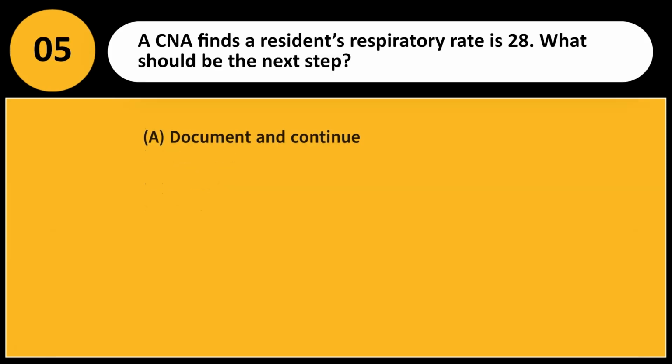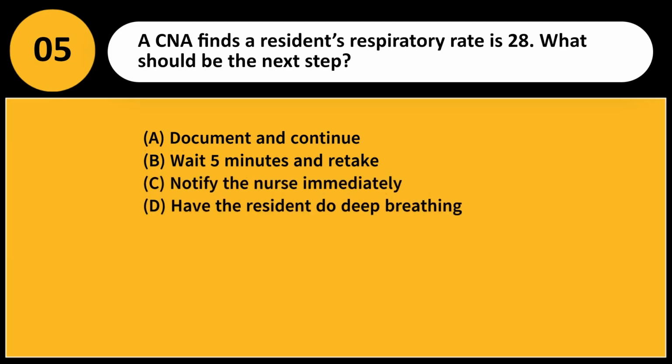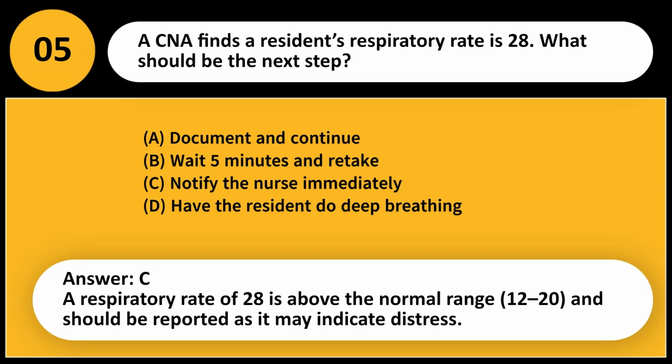A CNA finds a resident's respiratory rate is 28. What should be the next step? A. Document and continue. B. Wait 5 minutes and retake. C. Notify the nurse immediately. D. Have the resident do deep breathing. Answer: C. A respiratory rate of 28 is above the normal range, 12 to 20, and should be reported as